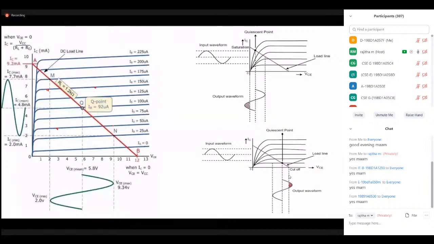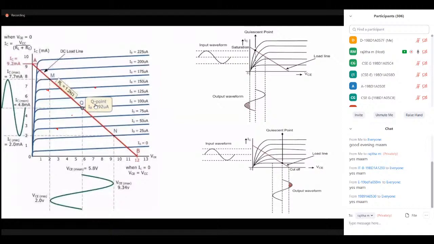So it depends on the currents as well as the voltages. The voltages depend on your base to emitter junction voltage as DC voltage as well as base to collector junction voltage. Next, the DC currents depend on your base current, emitter current as well as your